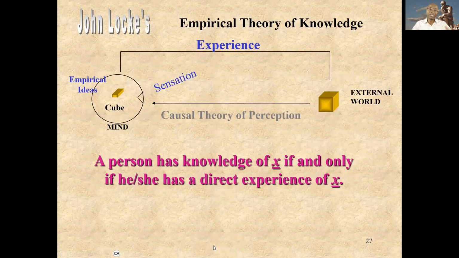So when you have this definition here, empirical knowledge: a person knows X if and only if he or she has a direct experience of X. It's great. It works day to day, common sense, no problem. As I mentioned before, Plato and Aristotle, they're design guys. Descartes is concerned about his own attitude toward that thing, right? So if I had a yellow Lamborghini,